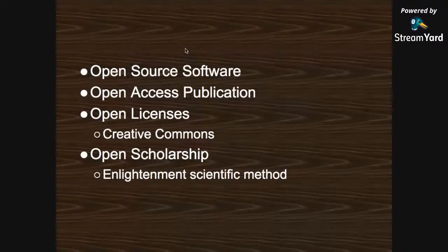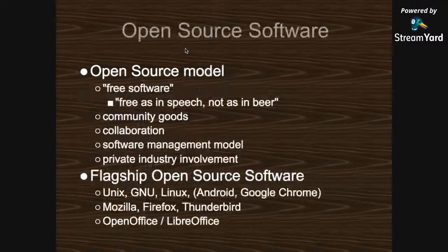Right. So in this initial session, I'm going to talk a bit about the concepts of open source software and how the licenses for open source software and open access publication compare to one another. And then I'm going to use that to put into context the concept of open scholarship, which in the digital realm is very much related to the open source software model. But actually, open scholarship is what we've been doing ever since the Enlightenment. That's how university scholarship works in the sciences and humanities alike.